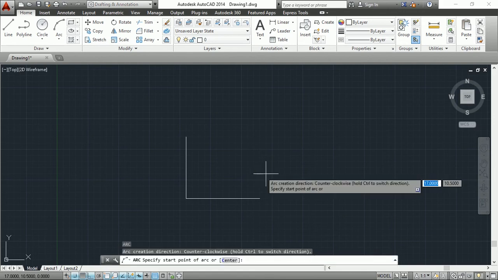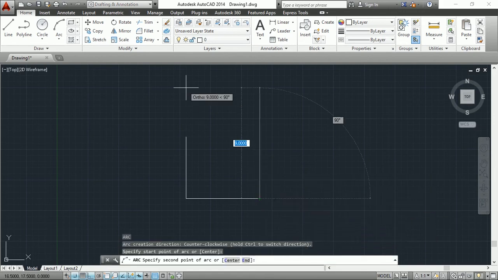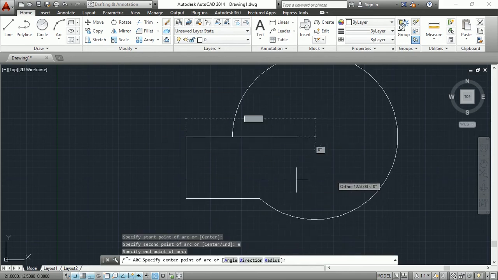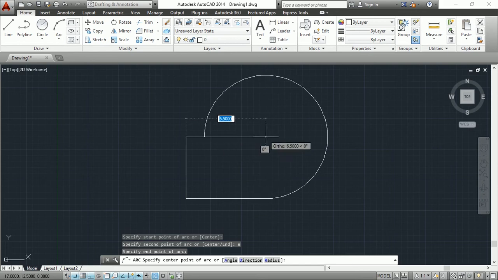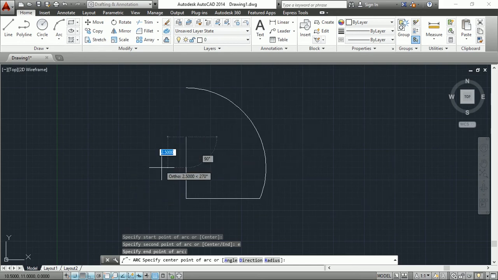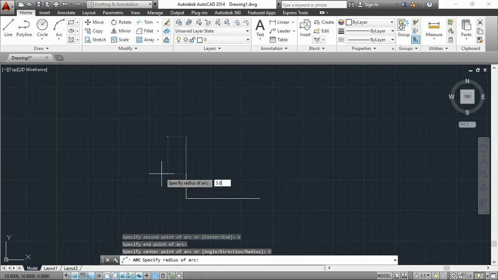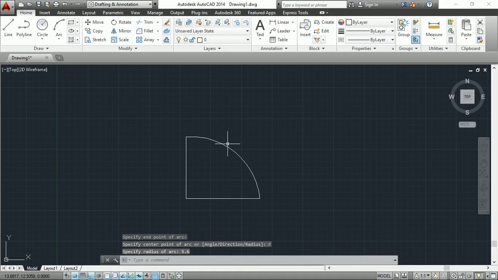Type A, enter, first point. Now select endpoint E, enter, and click on the endpoint. And if you know the radius value of this arc, the radius value is 5.6. So click R for radius, enter. Now specify radius. Specify radius 5.6, enter. Look,